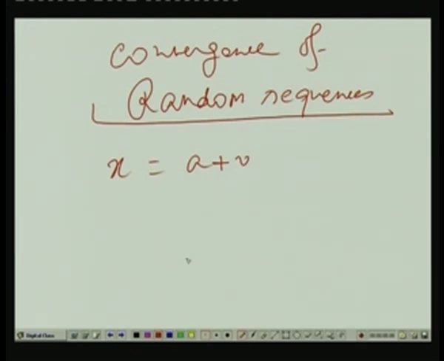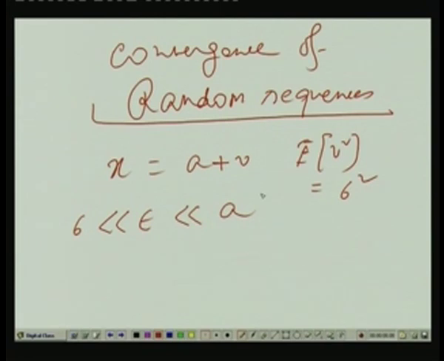In fact, from the Chebyshev inequality we saw that suppose it is given that E of V square is sigma square, and it is given that sigma is much less than some number epsilon, which is again much less than A. You can find some number epsilon in between, so that sigma is much less than epsilon, which is again much less than A. You can then write, using the Chebyshev inequality, that